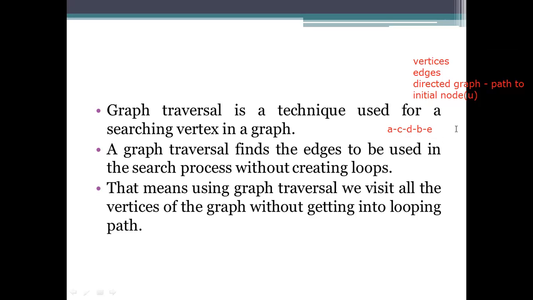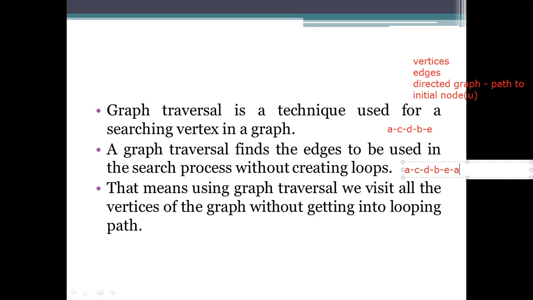Coming to the next one: the same path A, C, D, B, and E, and there is a path from E to A. So here it is visiting a node twice.